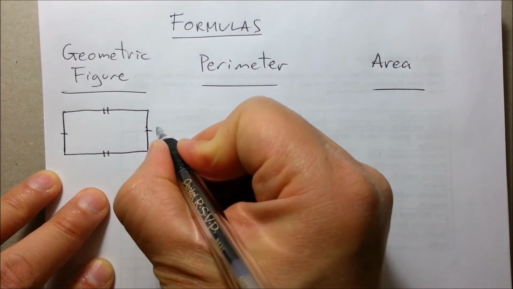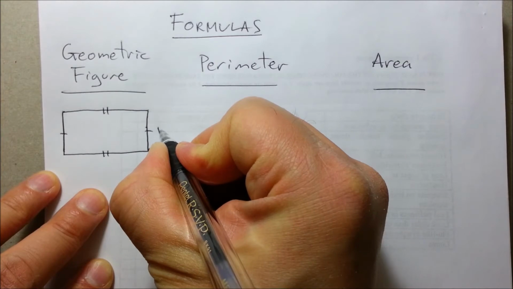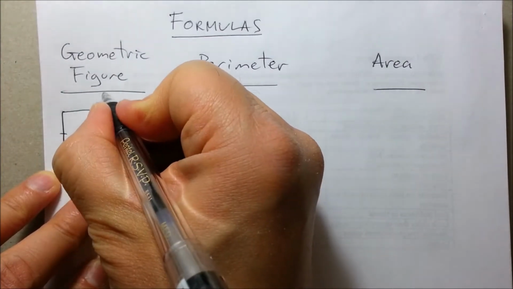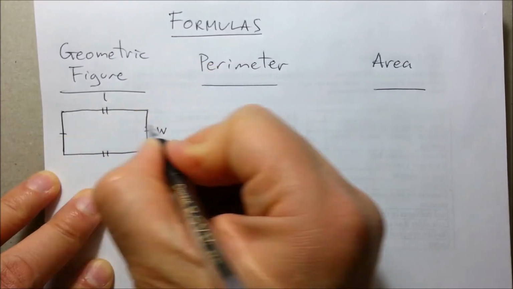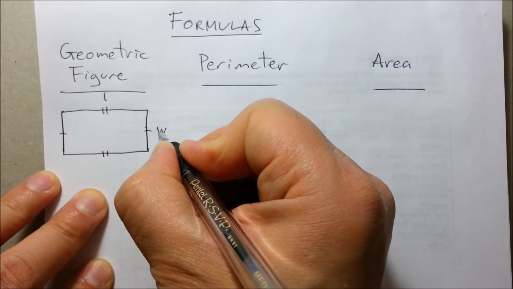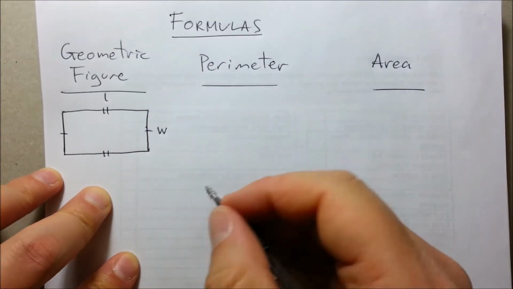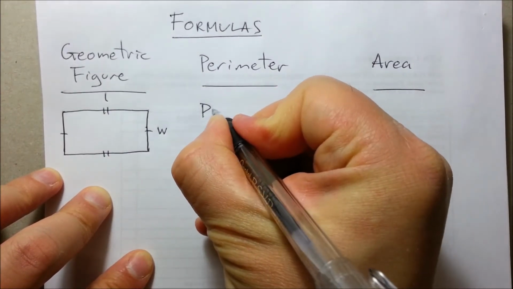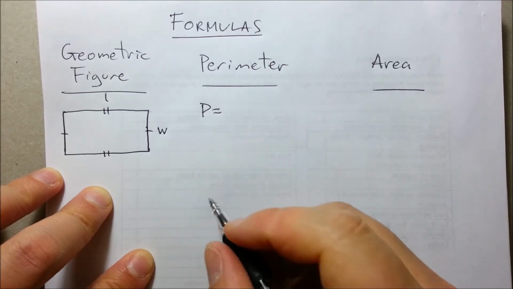Okay, so we're going to call this side with the letter W, just to give it a variable name, and we're going to call this L, right? So L for length, W for width, right? So what is the formula for the perimeter of a rectangle? You may want to pause it,